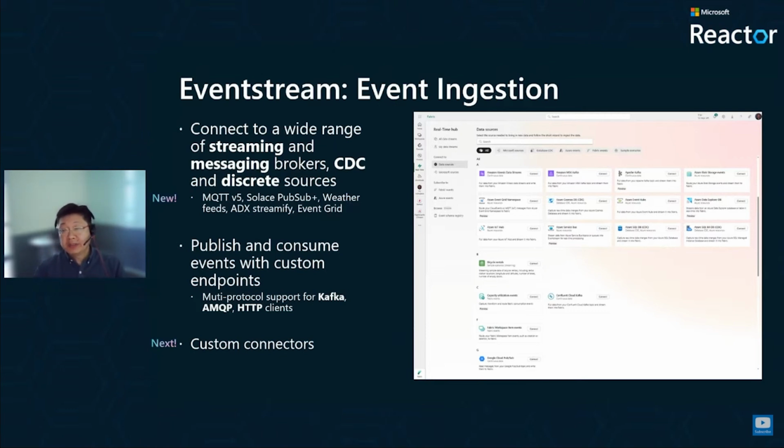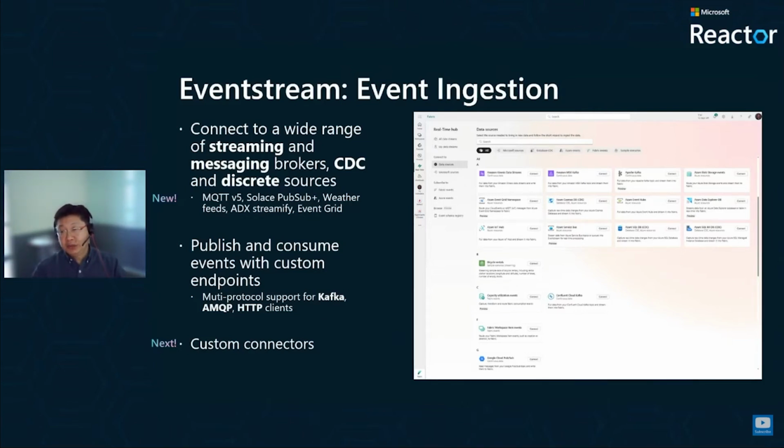We also collaborated with the company Solace, and we built an out-of-box connector to connect to the Solace PubSub broker. If you have data in there, we can also help you. As well, we have produced weather feeds. So we connect certain real-time weather feeds and bring that data into Fabric